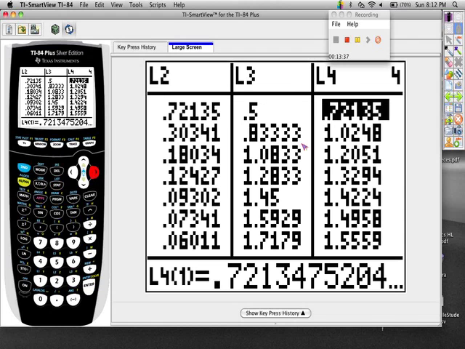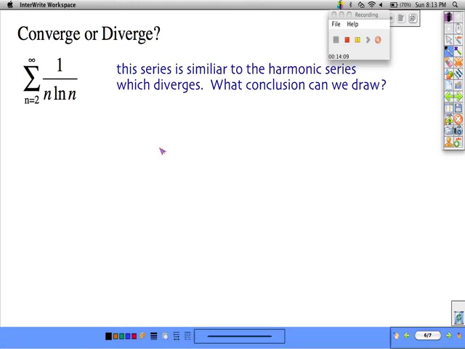If you look at these terms, these are the partial sums for the harmonic series. And then the next column are the partial sums for the one in question in this problem. As we go bigger with partial sums, the terms of my series are always smaller than the terms for the harmonic series. So what that means is that this one has to diverge too. Since 1 over n has increasing partial sums,